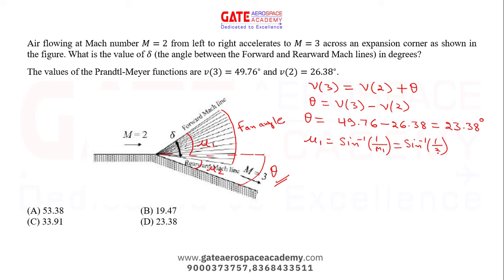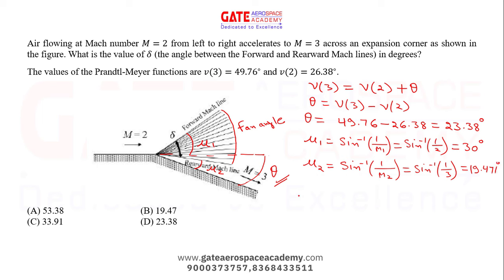M1 is 2, so mu1 is 30 degree. We got mu1 also. What is mu2? That is sine inverse of 1 by M2. So sine inverse of 1 by 3, that is equal to 19.471 degree,